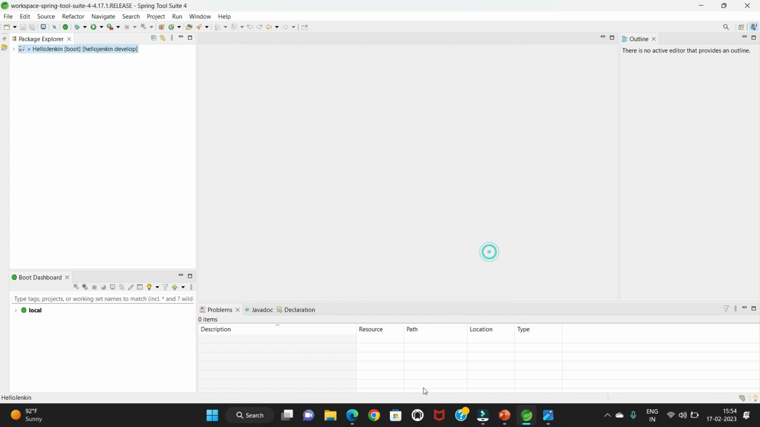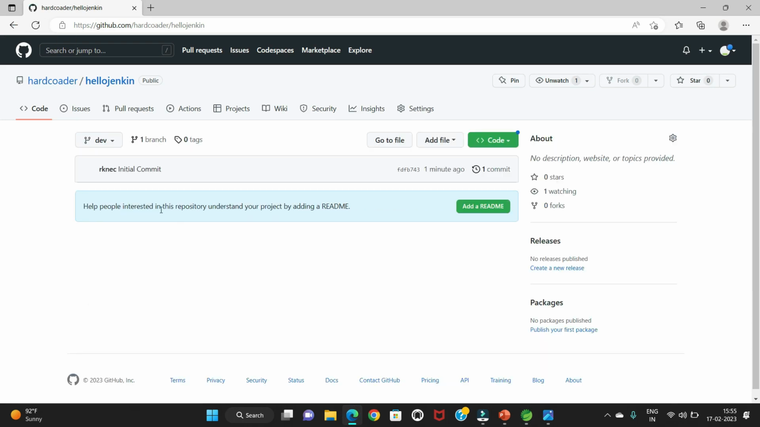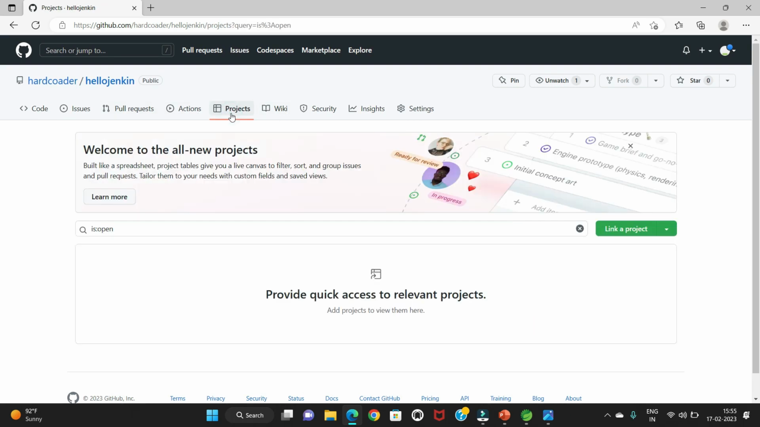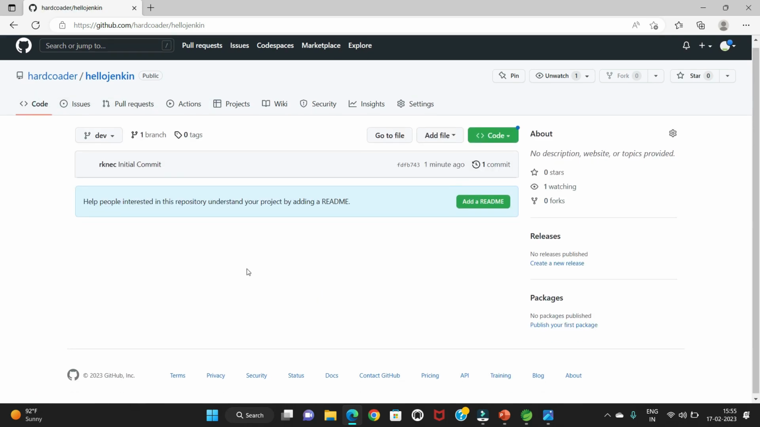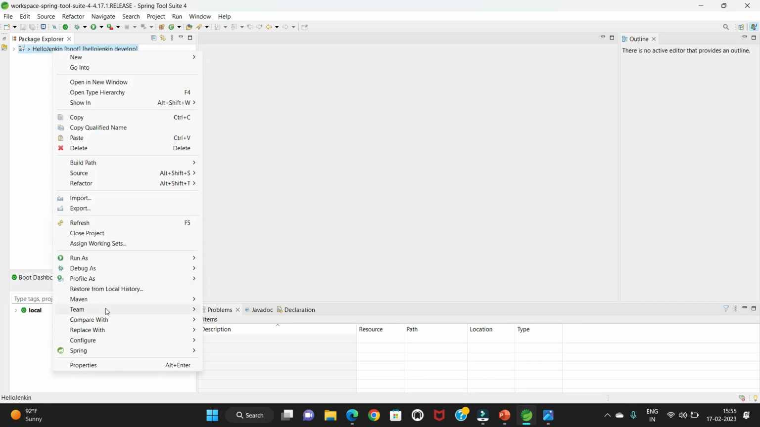Okay, close, and now go to your git server and check. Okay, so here one branch is created with the name dev. Okay, and in this dev branch currently there is nothing, but the branch is created. If you click on the project, there is nothing. Okay, code, in code there is also nothing. So now you go to your IDE and go to team